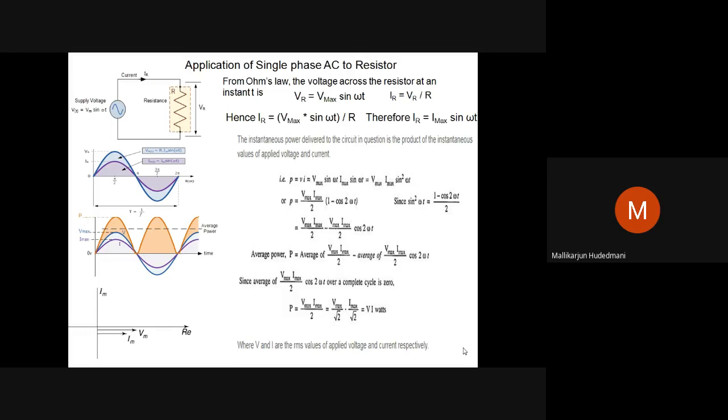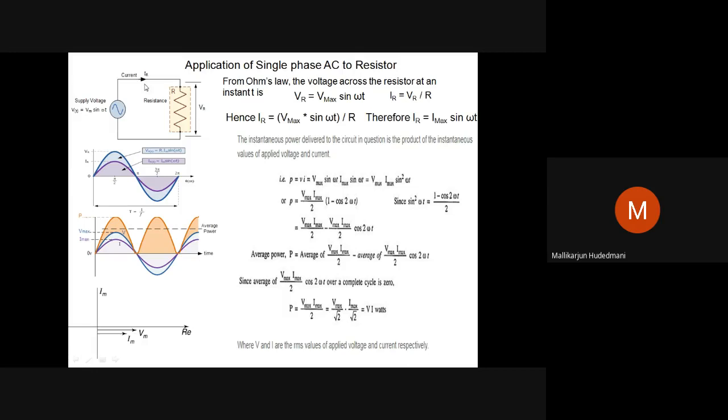Look at the circuit diagram shown in the left top corner. You can see here I have a resistor R ohms connected to a sinusoidally varying input, Vm sin omega t, progressing sinusoidally with the peak value Vm. It may be Em or Vm, a small notation change you experience from book to book. Such a resistor connected to a source definitely causes a current to get injected into the circuit. Let IR be the current flowing through the resistor.